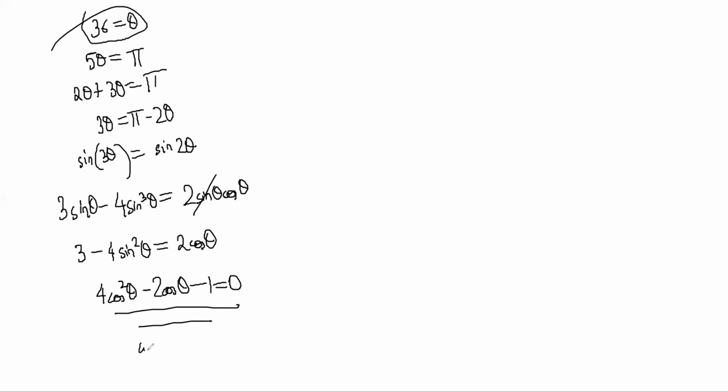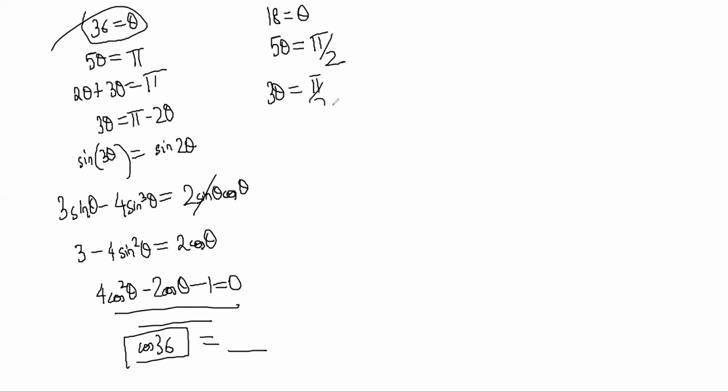So I'll get cos 36 here. This is a quadratic equation. Roots are cos 36. We will take only the positive root. Similarly, exactly the same thing you can do. 18 degree is equal to theta, then 5 theta is equal to pi by 2. And exactly the same thing. So 3 theta is equal to pi by 2 minus 2 theta. Everything is the same, but the equation will be in sine. You do the same thing, you'll get sine 18 degree. So you can actually find the values also of 36 and 18. They are not so bad angles. So I hope that is clear. This step, how to find the values, is clear.